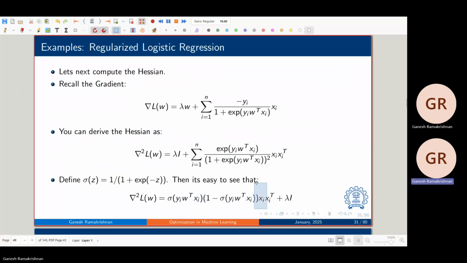And the Hessian will also involve the so-called outer product, xi xi transpose. It is a rank 1 matrix. You remember? Xi is a column. By default, in this course, all vectors are column vectors. So xi times xi transpose should give you a rank 1 matrix. So this Hessian is basically a sum of weighted rank 1 matrices